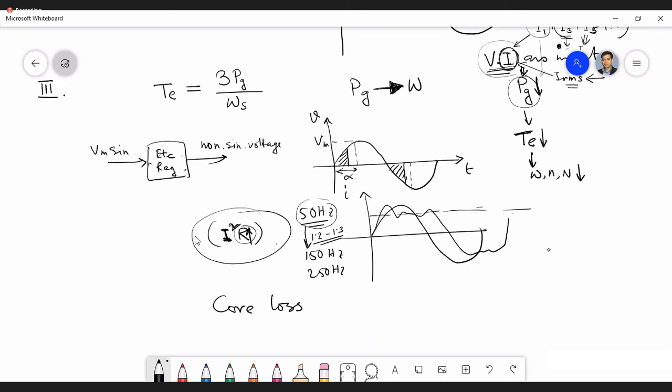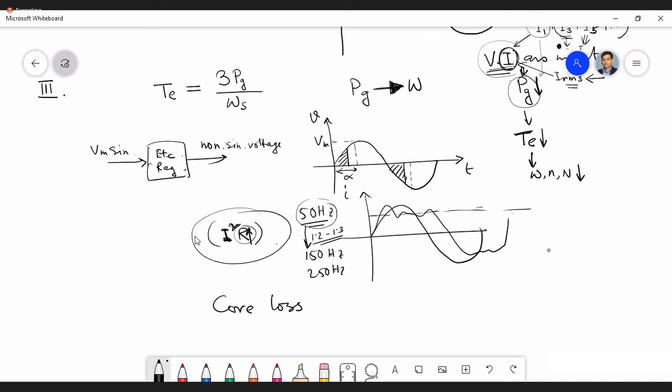Okay. Now, as here you have high frequency component, generally we neglect the stray load loss, because in 50 hertz frequency that eddy current loss in the other non-laminated portion of the transformer will be quite less compared to the major two losses. But here, due to the high frequency component of harmonics, you will have more stray load losses. Okay.